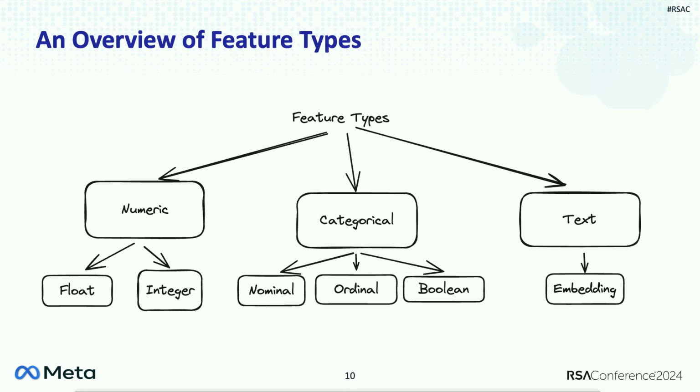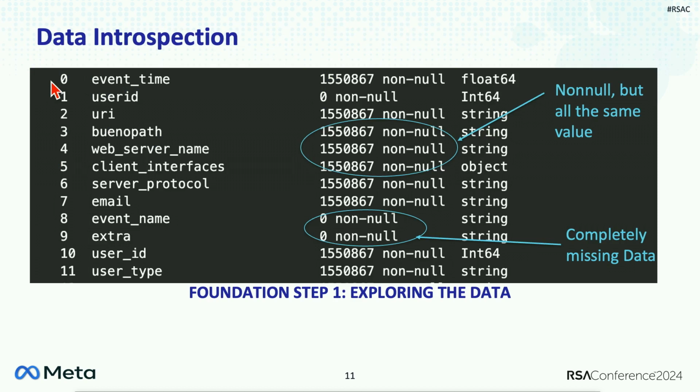And then finally, you have the classic Boolean variable. This is your flag feature. So has this IP address or this user been involved in a security investigation before? True or false, 1 or 0. And then you have your classic numeric variables. Think of your floating point numbers and your integer values. Nothing super special there, but we do usually end up having a number of these features, and those usually comprise the most. And so with that, let's go through a super detailed example.